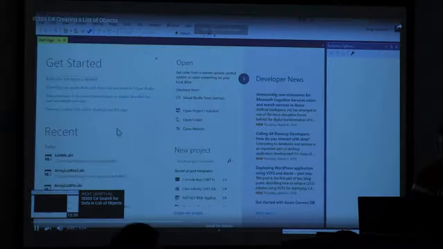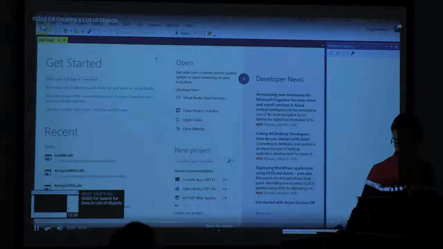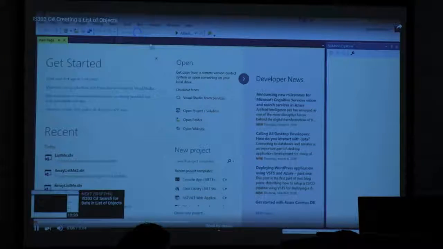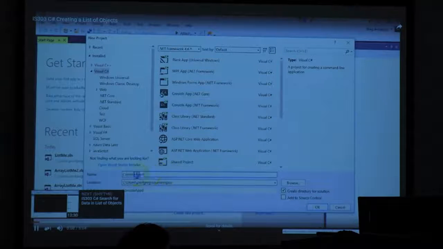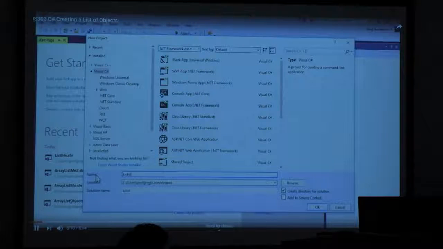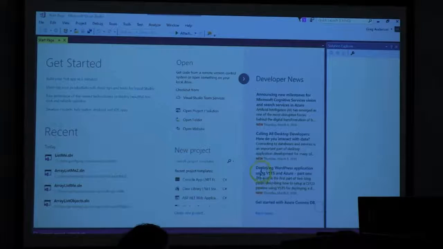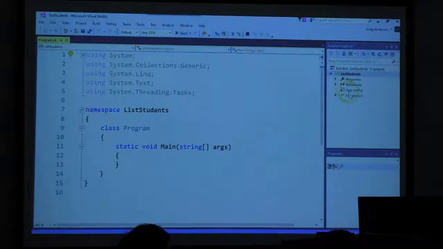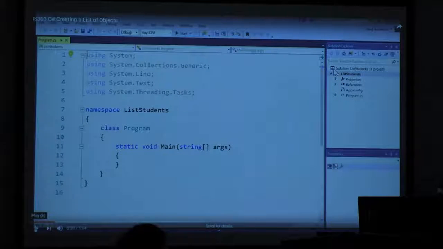Learn how to work with a list of objects. I'm going to go ahead and create a brand new project, and we'll just call it list students. And I'll click OK. And remember, it's just like an array list, but with the list data structure, you